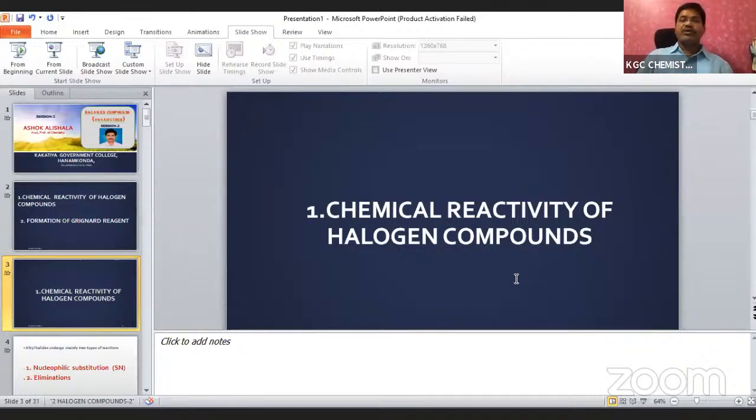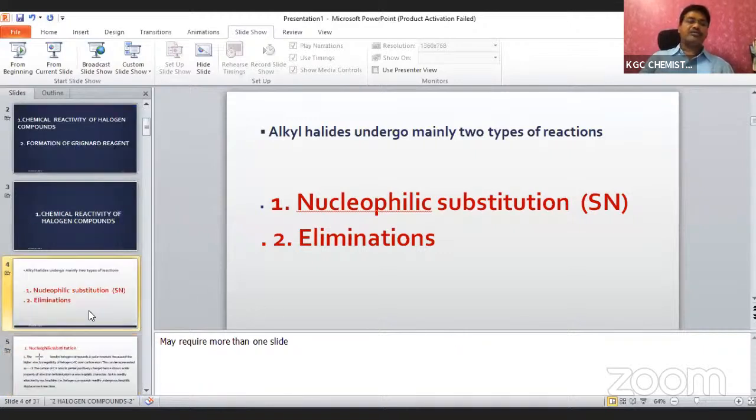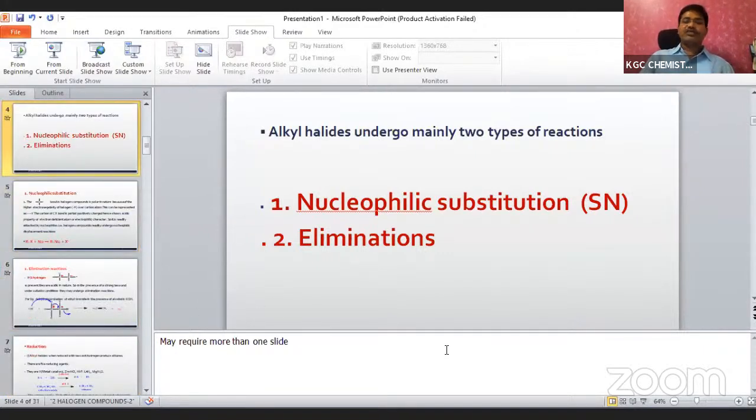Okay, let us see the chemical reactivity of halogen compounds. Sometimes you will get a question like this: among the following halogen compounds, which is more reactive, which is less reactive, or arrange them in increasing or decreasing order of their reactivity. Like that, questions may arise. First, let us see what types of reaction are undergone by these halogen compounds. One is the nucleophilic substitution reaction, the other is the elimination reaction. What is a nucleophilic substitution reaction? It is nothing but